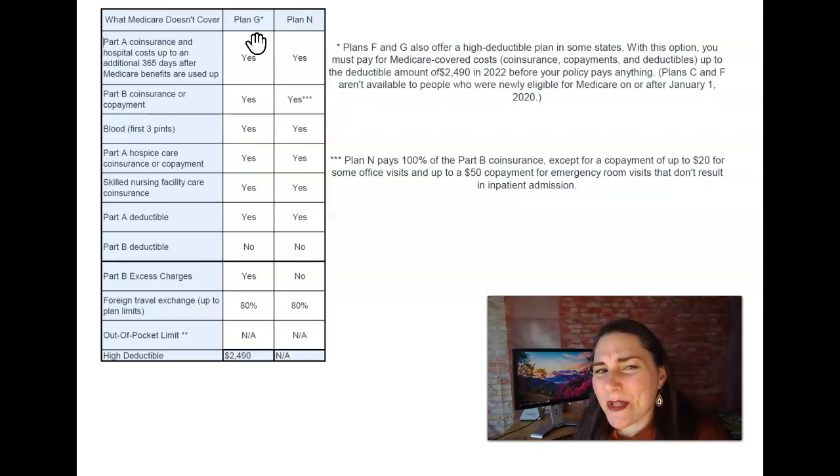So honestly, when you're looking at the cost difference between a Plan G and a Plan N, depending where you live, it could be around $50 to $60 a month cheaper. So if you're someone who doesn't go to the doctor's office very much, nor does your doctor's office require these types of co-payments, then a Plan N could be something very good to look at for you to help save and cut costs,